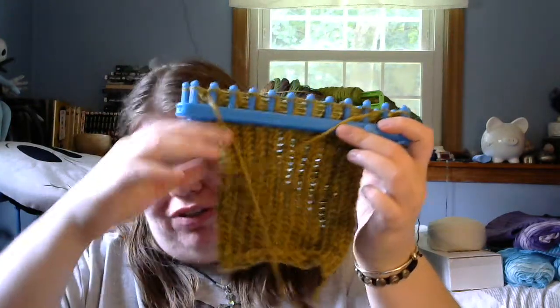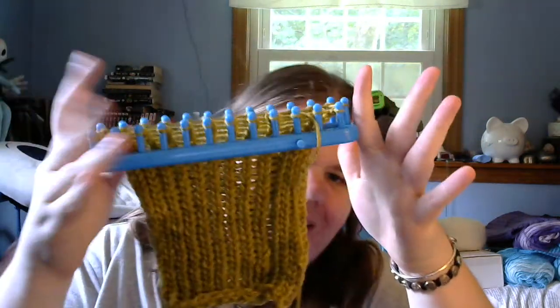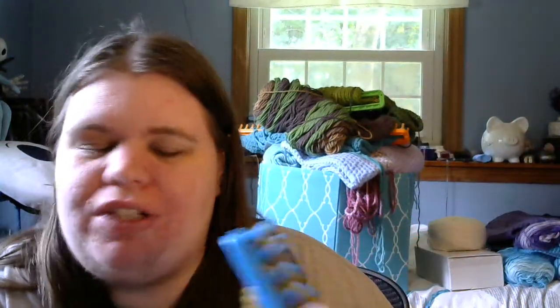Okay. So, oh yeah, this scarf is coming along. I showed this last week. I had just cast it on, so it wasn't quite to where you could see how much shrinkage I get. So with these scarves, when I do them, I get so much. They say you only get a little bit of shrinkage. You don't. You get a lot. And any loom I've used,